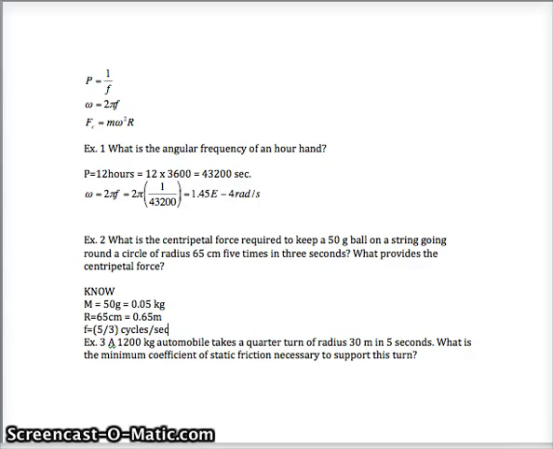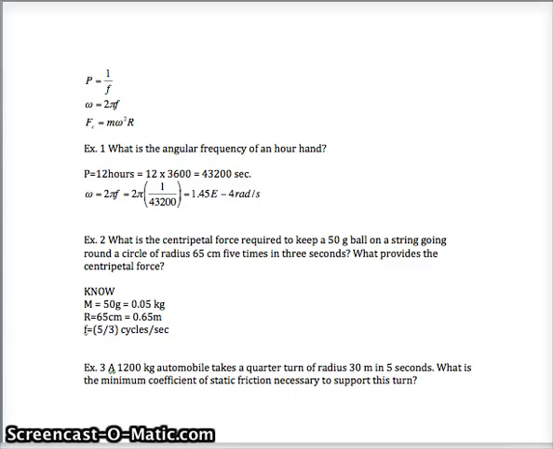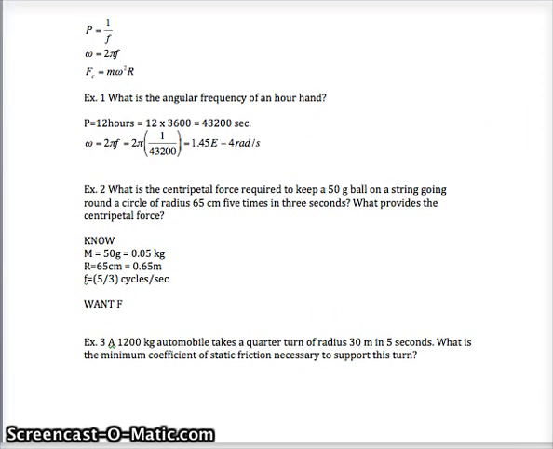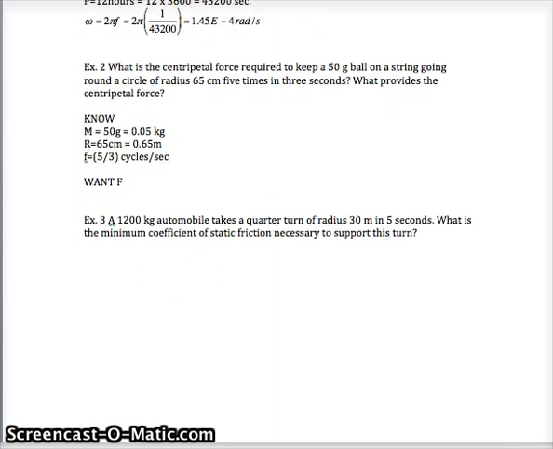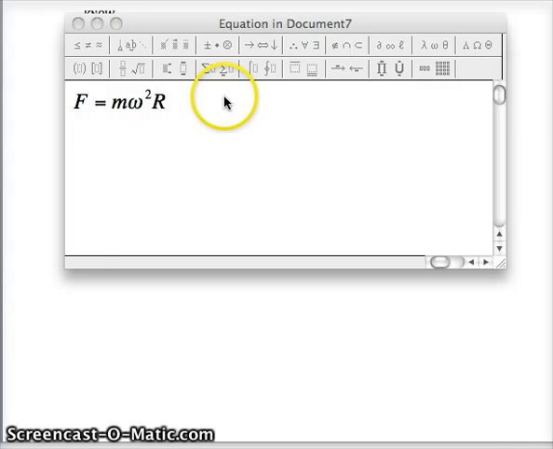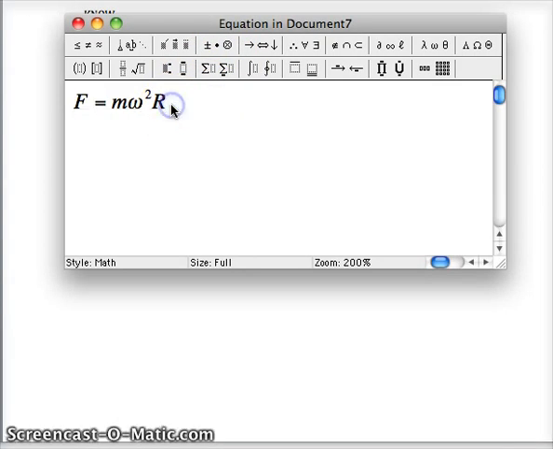And so the angular frequency should be 2 pi times that, and we want the centripetal force. So we're going to use the formula that gives us the relationship between force and angular speed. And that's force equals m omega squared r, which in this case is going to be m, which is 0.05,